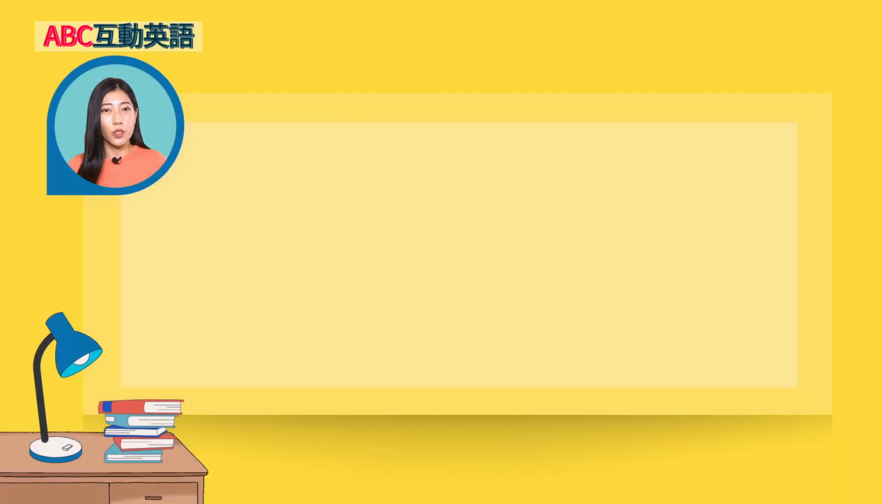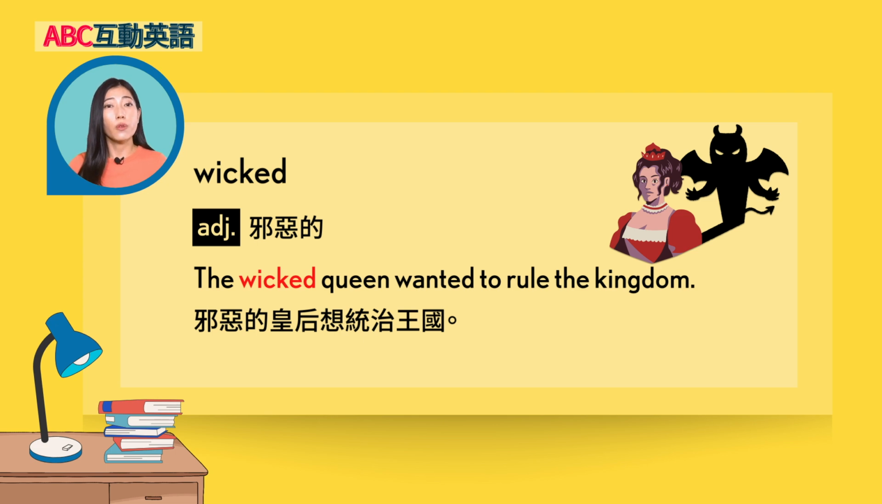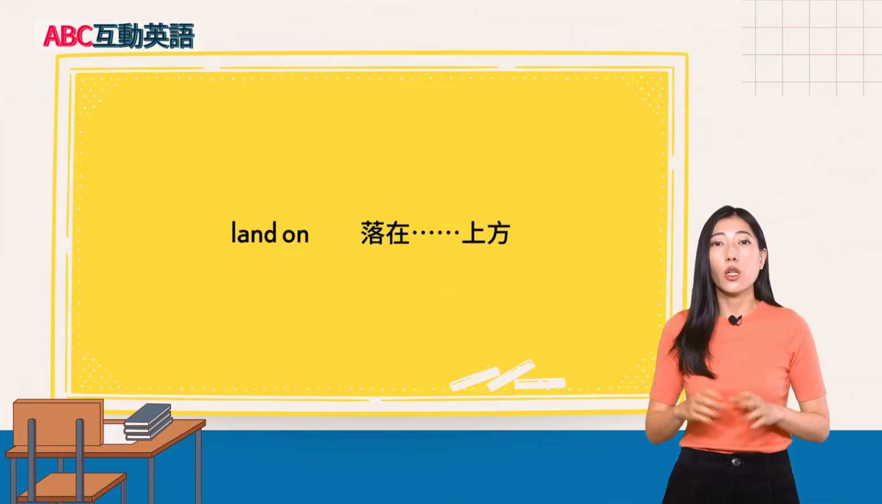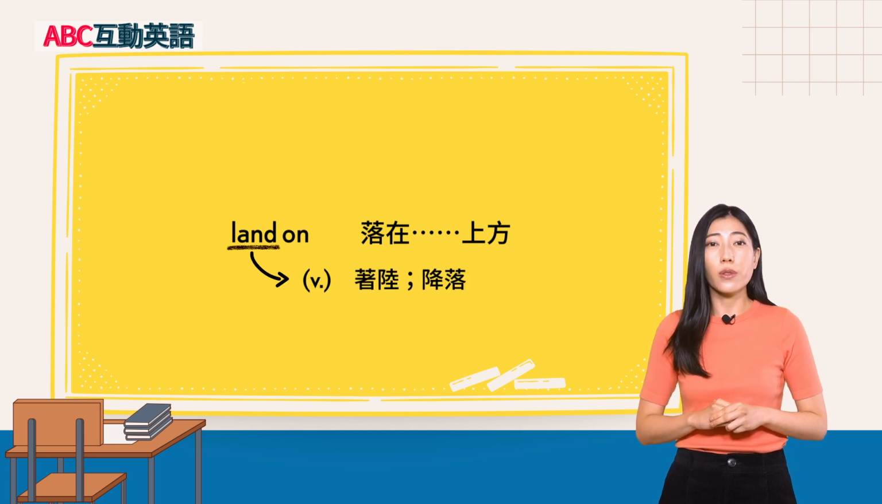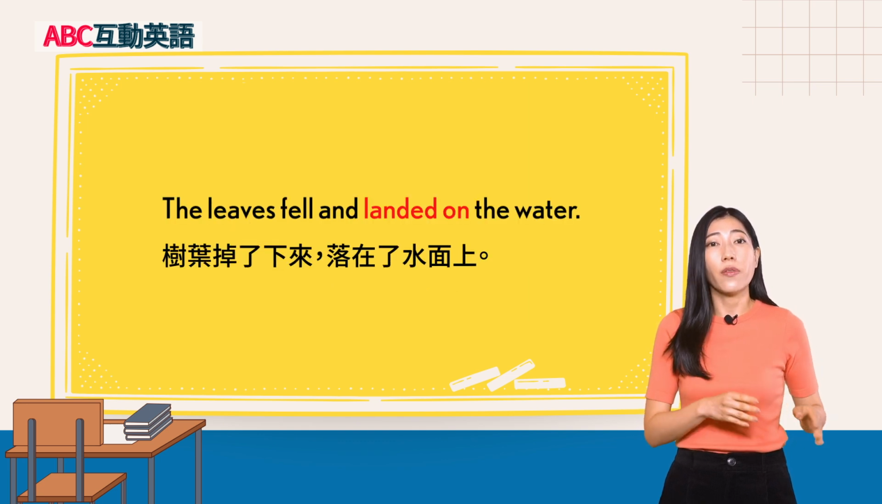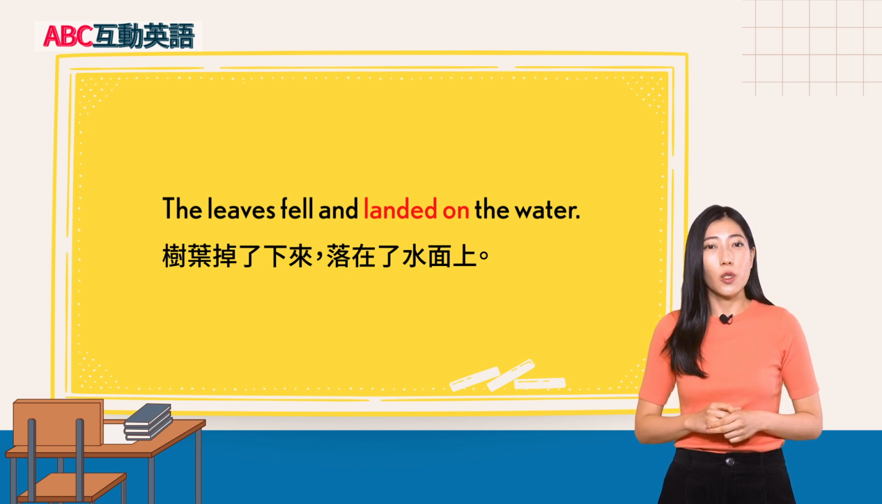Oh, okay. 刚刚课文里提到了这个单字 wicked，wicked 形容词，邪恶的。The wicked queen wanted to rule the kingdom. 邪恶的皇后想统治王国。Rule 指的就是统治。文法的部分，刚刚课文提到了这个短语 land on，落在什么的上方。Land 是动词，意思是着陆、降落。我们来看看这个例句：The leaves fell and landed on the water. 树叶掉了下来，落在了水面上。接着我们回到课文当中。